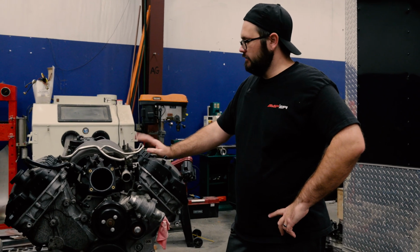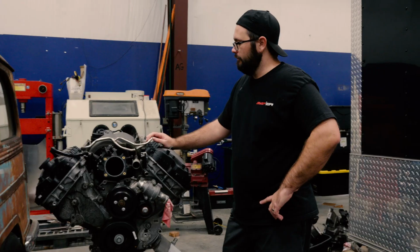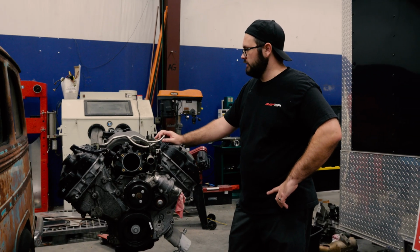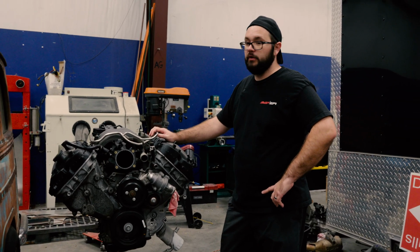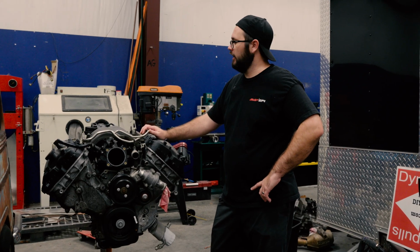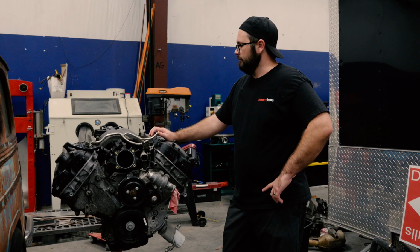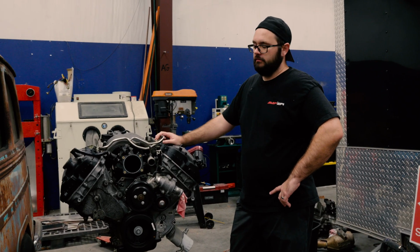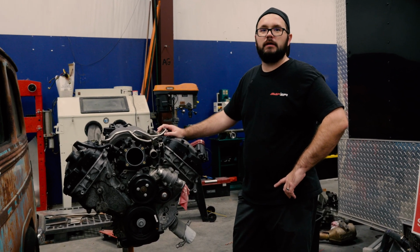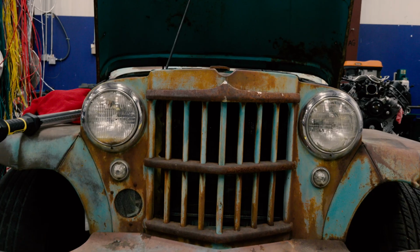So this is a 5-liter Coyote engine. This is a Gen 2. This Gen 2 engine was brought into us so we could build a drop-on harness that we should have being released here pretty shortly. They did not want the engine back after they dropped it off, so we are actually going to stuff it into this Willys